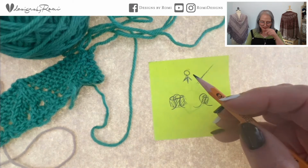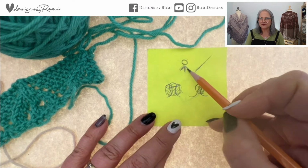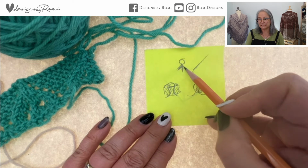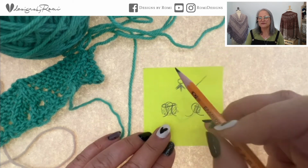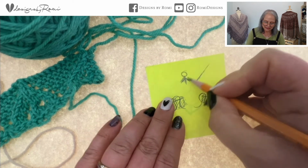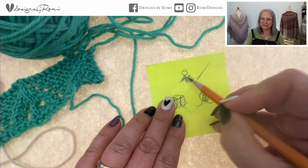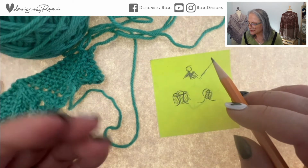So the other thing you want to make sure is that when you do this, if you're going to place your bead on top of a double decrease like this, you need to have worked that double decrease first before you place the bead. If you place it before you work the double decrease, then you're going to get something that looks like this on the side. You'll just get one that kind of is on the side. It's not nice and centered on the top. So hopefully...